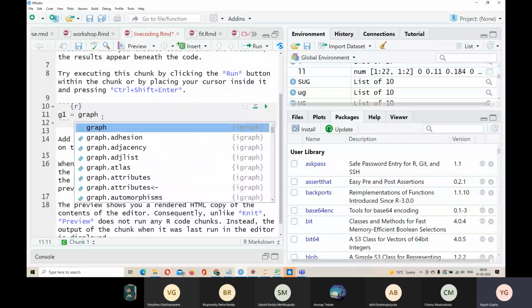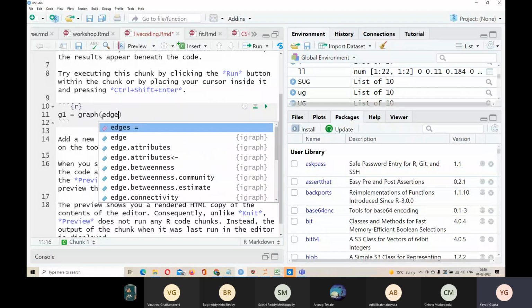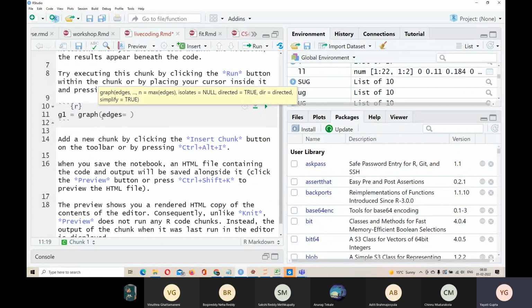So the command to create a graph here is simply graph, and inside this, you can pass the edges. And what are the edges in the graph? To pass the edges, you simply use a vector or a list. So in R, we call it a vector, and a vector is written like this. So c represents that it is a vector, and inside the vector, I'm going to pass the edges which I want to have.